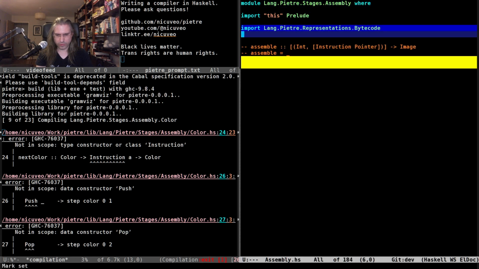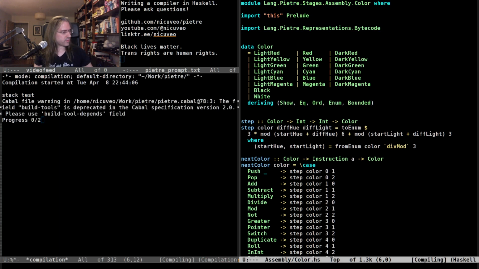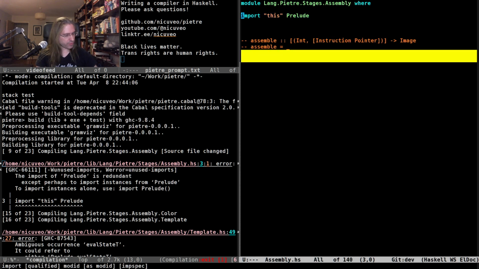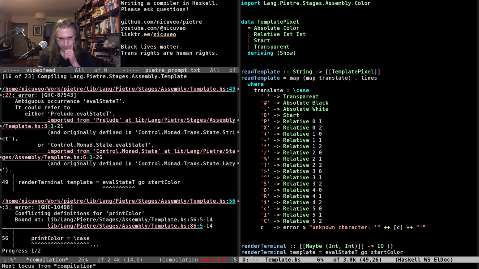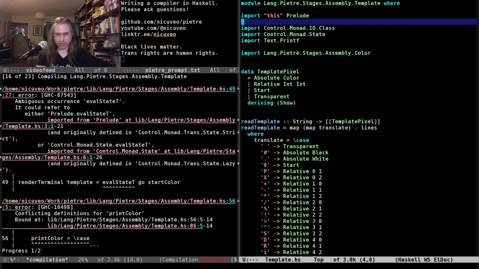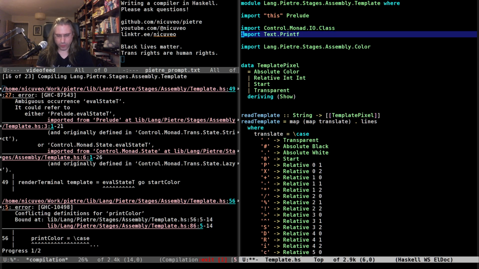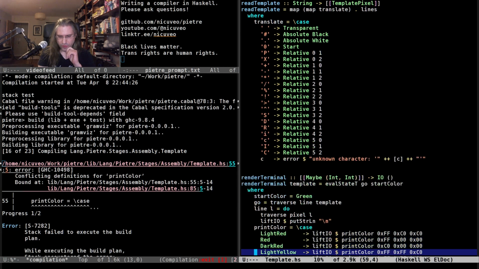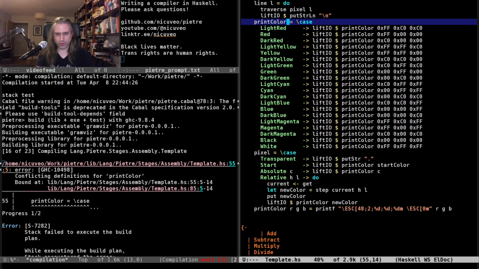It needs the bytecode. Control net state. Oh, apparently I already export stuff from control net state in my prelude. Print color has more. Yes. This is not print color, this is pixel. Wait. No, this is.